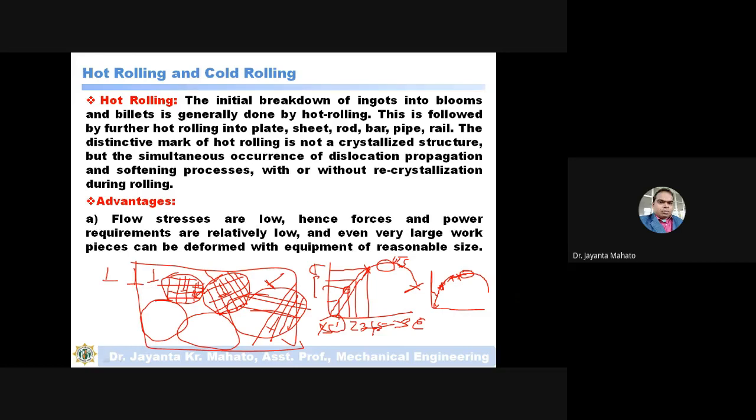if the deformation takes place at a high temperature, more than the recrystallization temperature, then this dislocation can jump from this plane to this plane. This jumping is called climb in the case of edge dislocation.